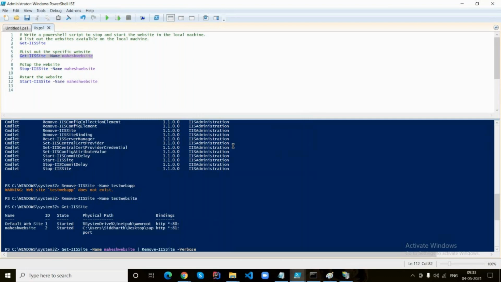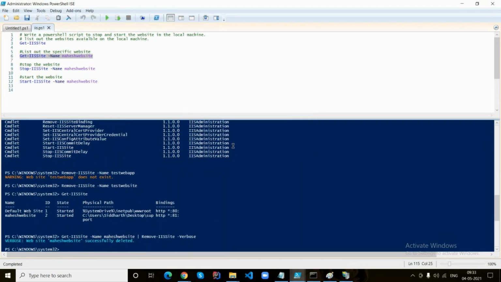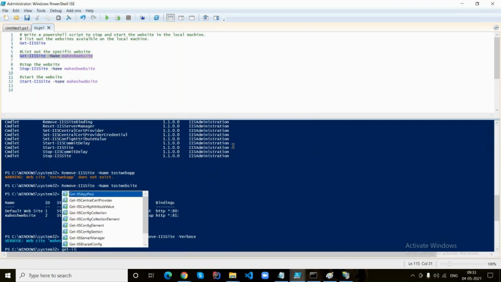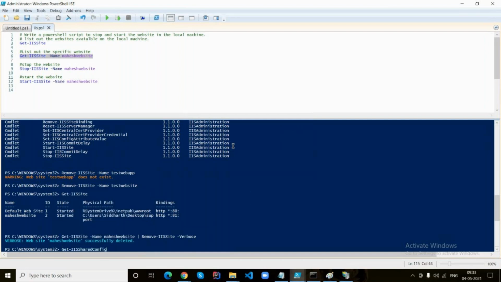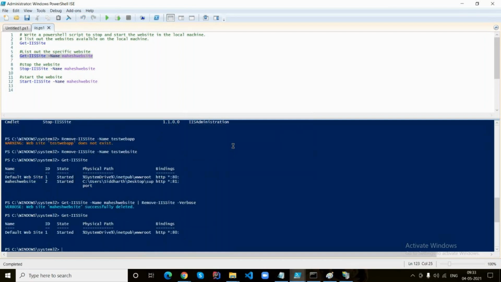Execute. So till now, if you executed any commandlet, you were not able to get any clue what's happening. But now, when you pass on the verbose parameter, you can see that deletion is executing in the background, right?